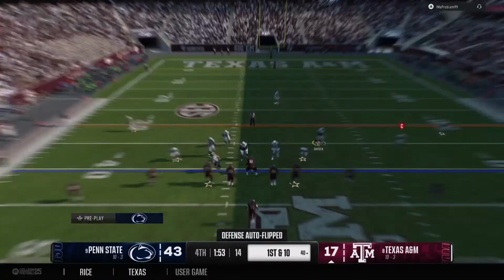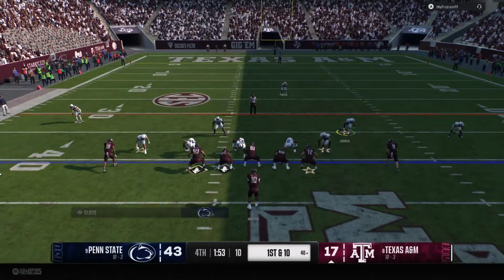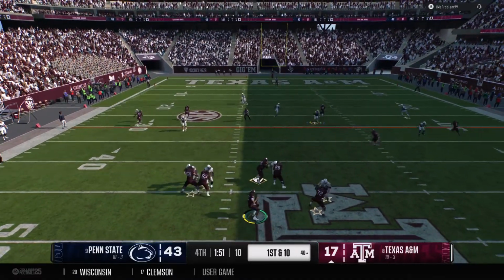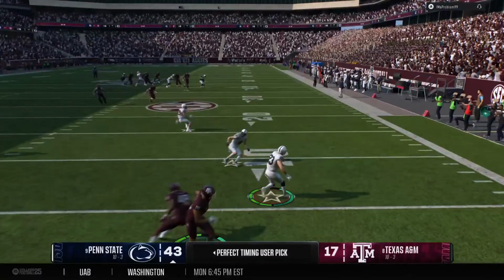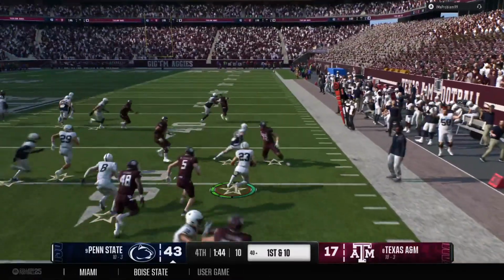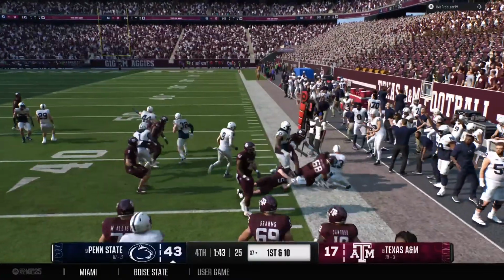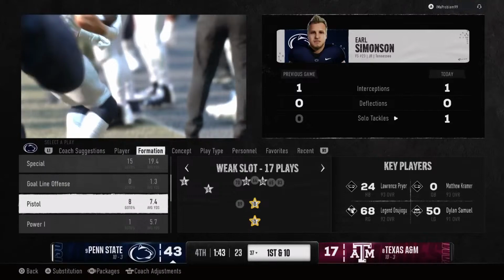And here comes the Aggies offense back on the field. At this point, not much you can do except play for pride. And he lofts it toward the left sideline. Another interception. That's number 4 today. Are you kidding me? Can he take it all the way? And he steps out of bounds after the great pick. Solid return to set up his offense.